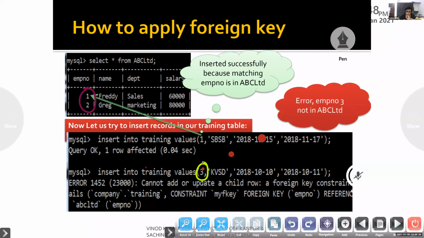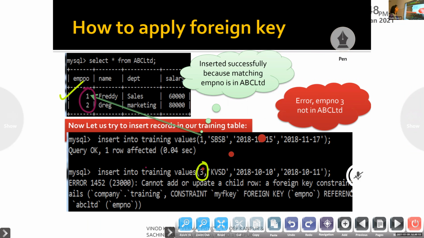What we have done is we have made it a foreign key using the constraint. So what is the specialty of a foreign key? The value should be derived from the original table. Is there any value 3 in the original table?